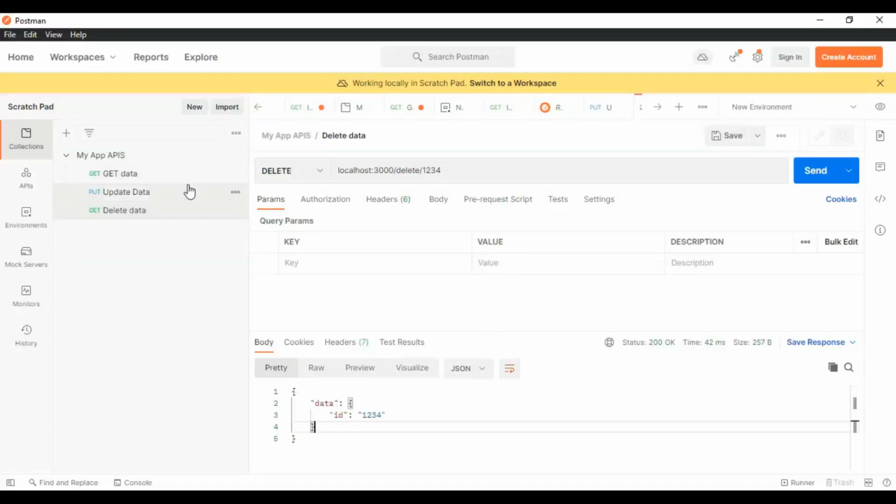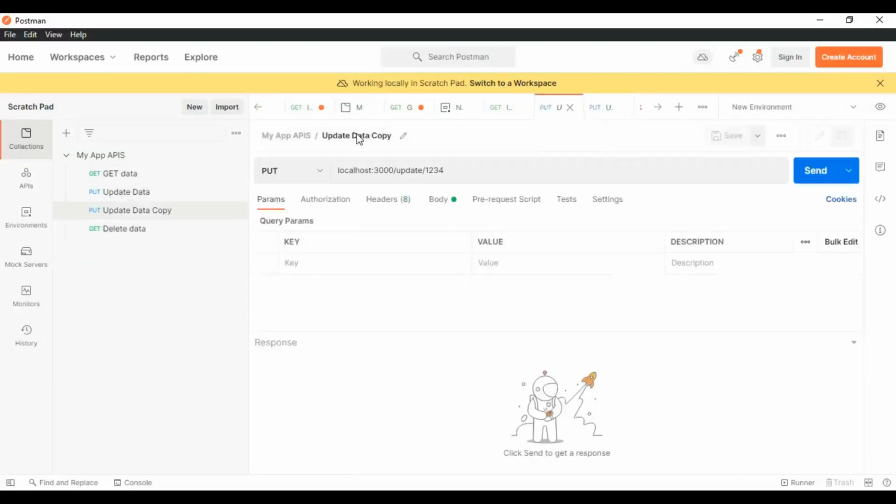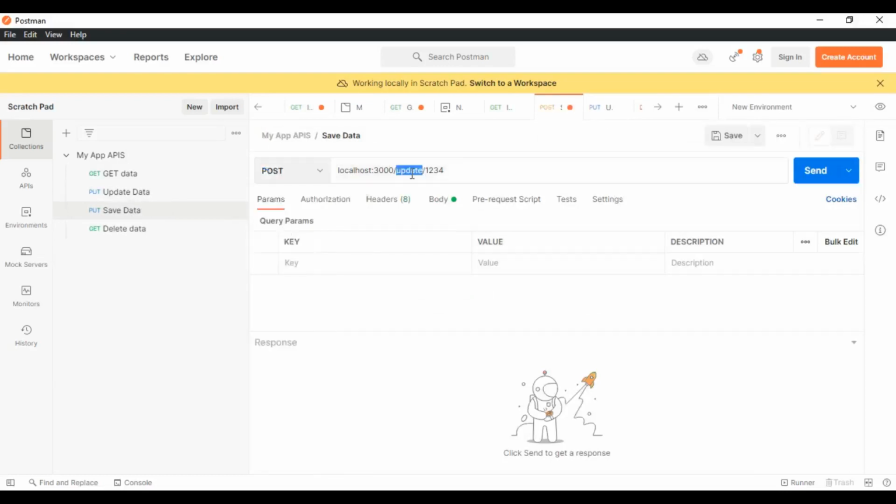You can create all these records, you can make a duplicate also, and you can rename it if you need to save some effort. Here you just need to update your API. Body you already have, params you already set if you have anything.